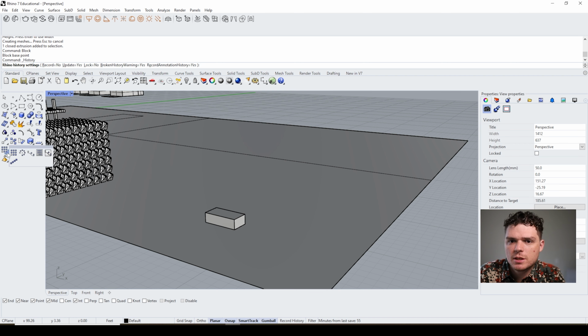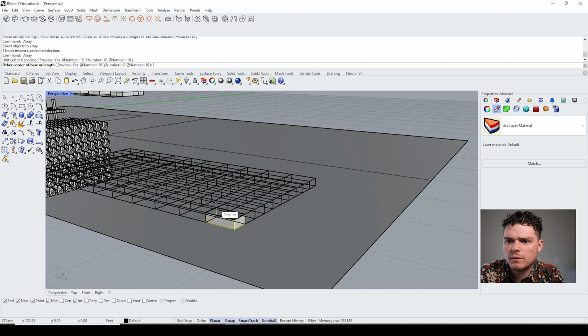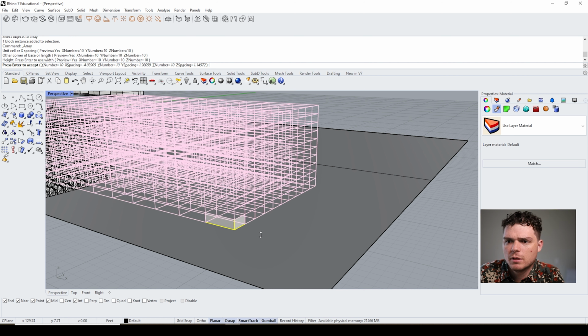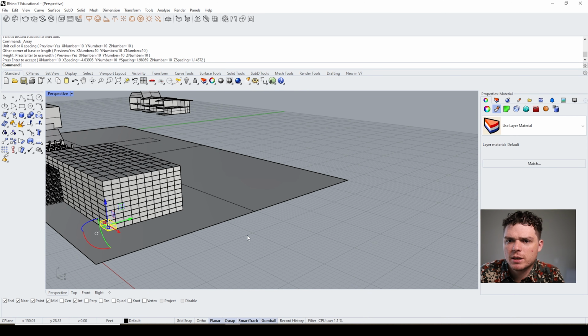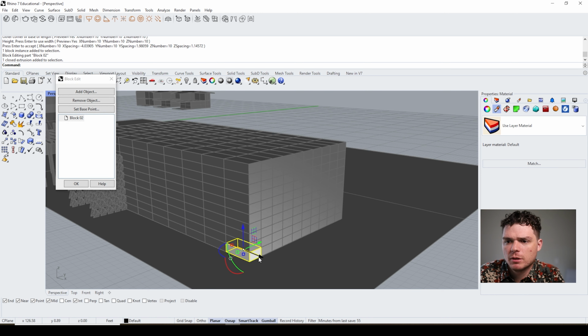Then we're going to use what's called a rectangular array. And again, you don't have to use the rectangular array. You could use another one too, but it's saying how many multiplications you want. And I'll go to the right view, hit up. And that's going to preview it, and then press square. Whoa. Then we can double click this,